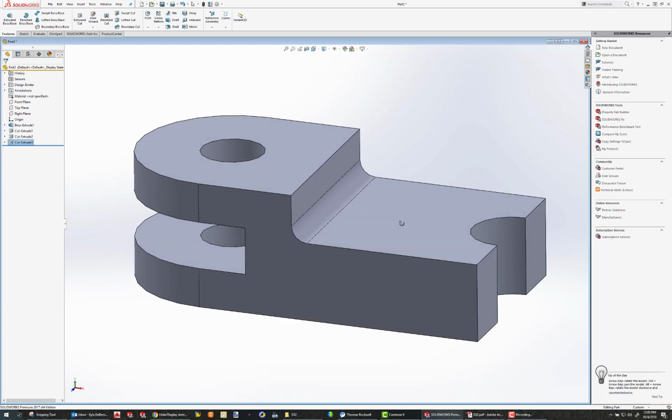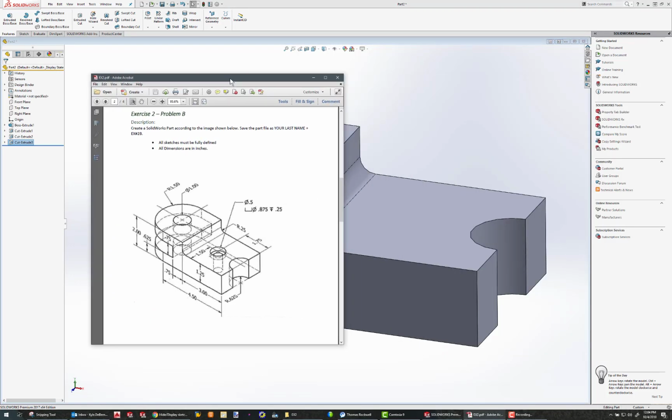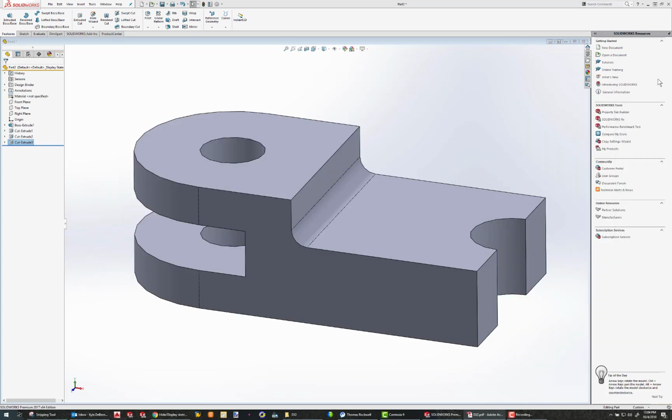There's one more thing we need to add, and that thing is a hole. We need to add a counterbore hole in the part. This is the counterbore hole we're trying to add right there. To do so, we're going to use something called the Hole Wizard. So if you go Hole Wizard,